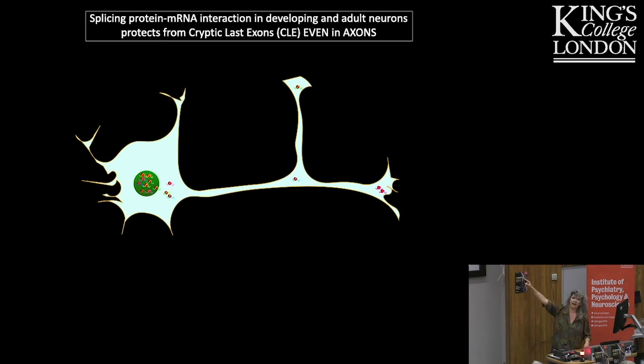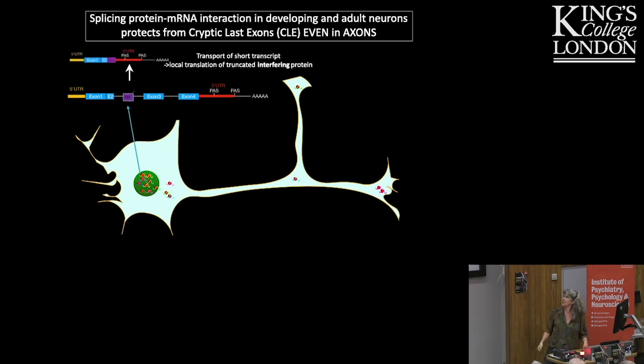And when they are gone, mutated, and I'm finishing, half a second, they not only prevent the normal splicing, but they actually create small versions of the transcript. And these small versions are toxic. They are making small proteins that are interfering with the normal activity of the protein. So I'm going to stay there. The puzzling thing is that we find these introns out there in the normal situation, and we believe that this interaction of splicing factor to intron exists out in the axons. I'm cheating big time, oops,